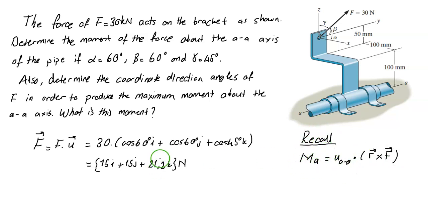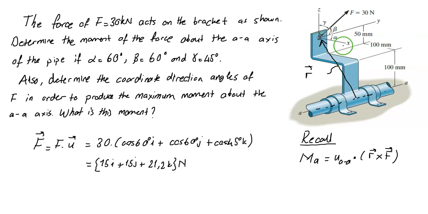So our R will be a vector starting from the AA axis and ending at the start of the F vector, so that's our R vector. And that is expressed as, so the coordinates for R will be